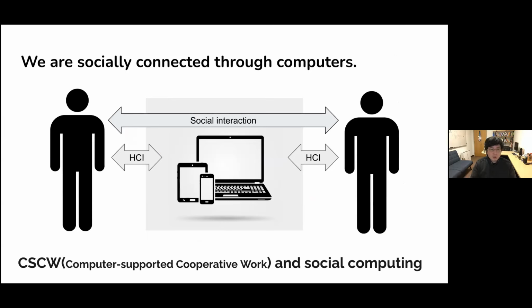So at a high level, it looks more like this: the way that humans interact with computing devices, we could see it as an HCI problem. In a broader perspective, there are a lot of things happening because our social interaction is mediated by computers today. So that's the research area that I'm in, which is often called CSCW. It stands for Computer Supported Cooperative Work because it originated from the context of work, but it's largely about social computing.